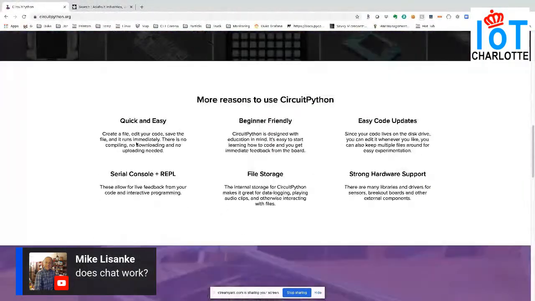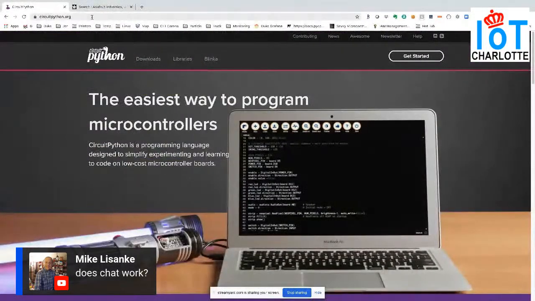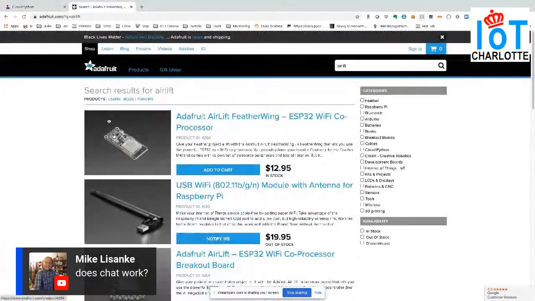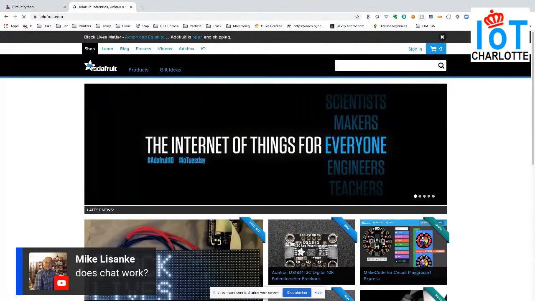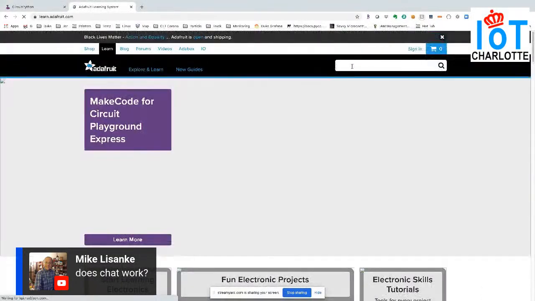The guy who does the most developing on CircuitPython would tell you that it's probably not production ready. But having seen a lot of production code, I'm not quite sure that you couldn't use this in production and be perfectly happy with it.